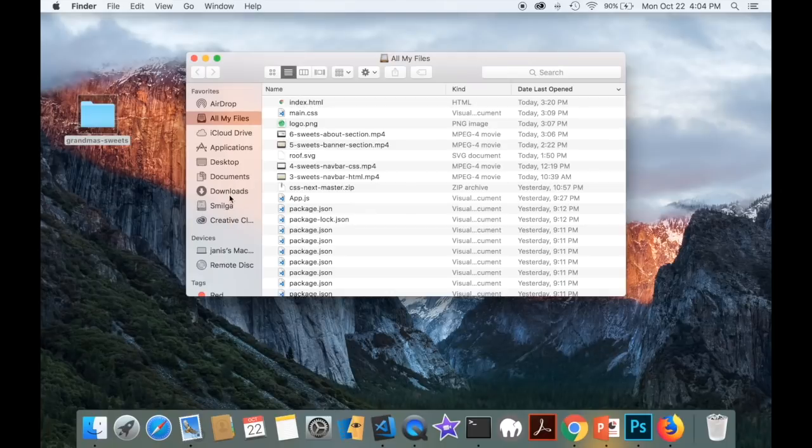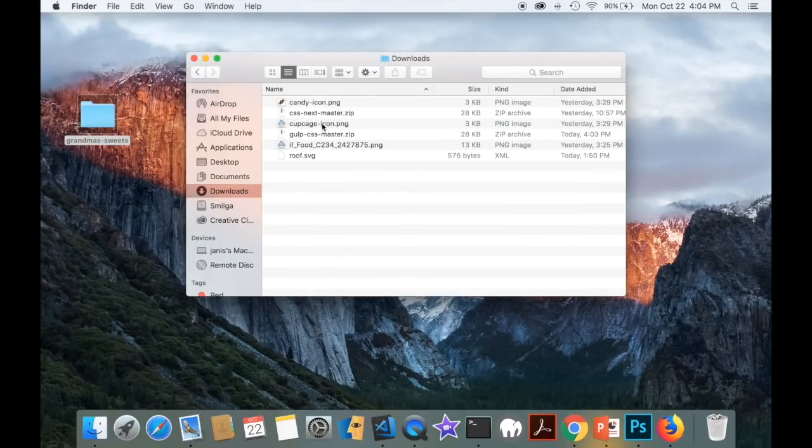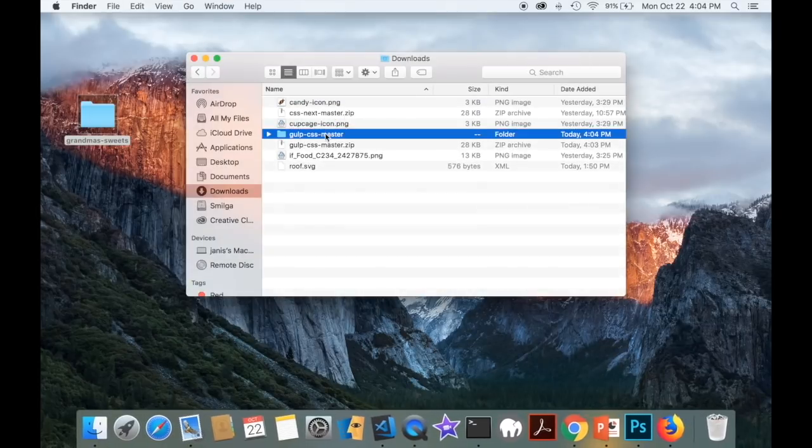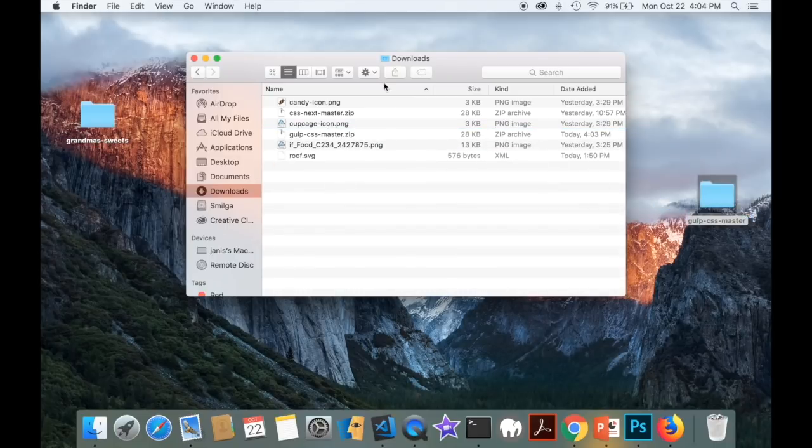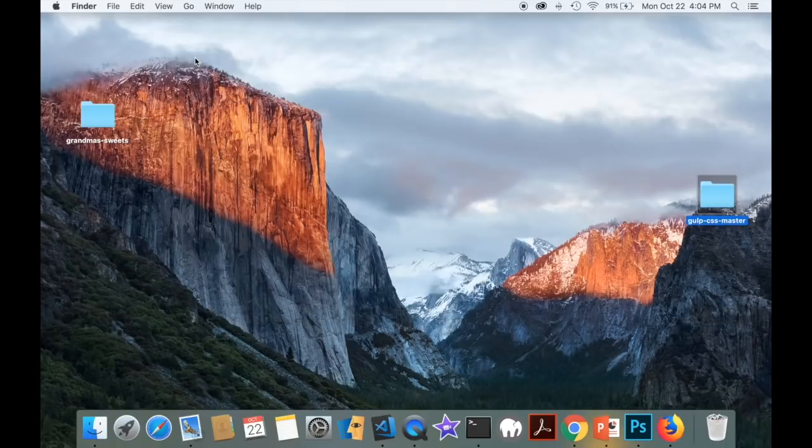And then I'm going to go to my downloads, and I'm going to find where is my actual CSS. And I'm going to grab my gulp zip, and I'm going to open up the zip file, and I'm going to drag over here the folder that I had before. So next thing, what I'm going to do, or you should be doing if you want to transfer your CSS,